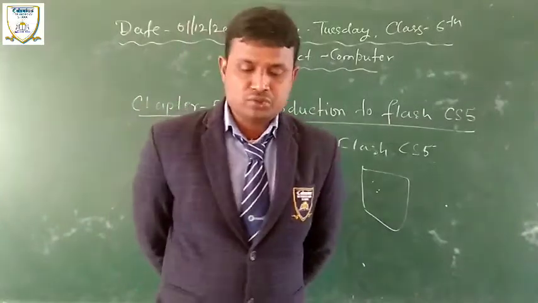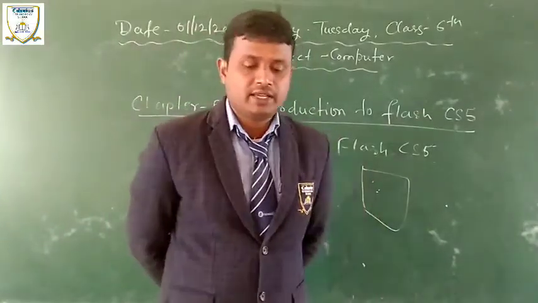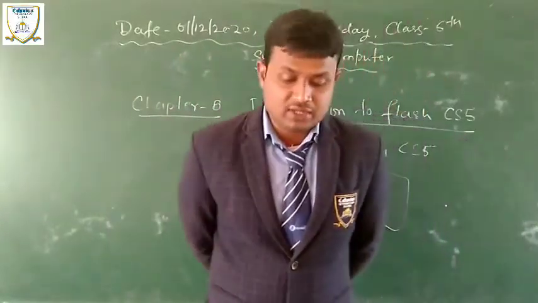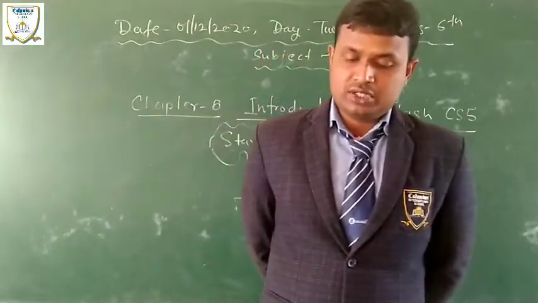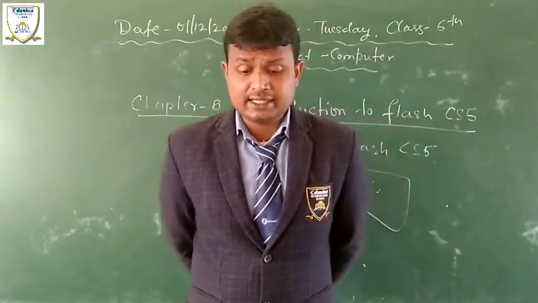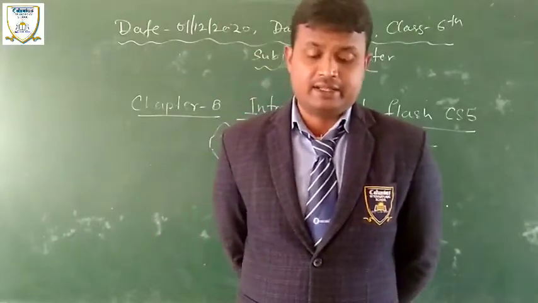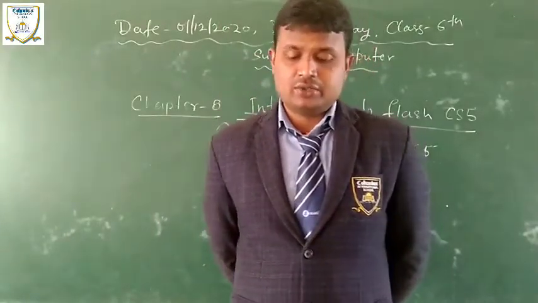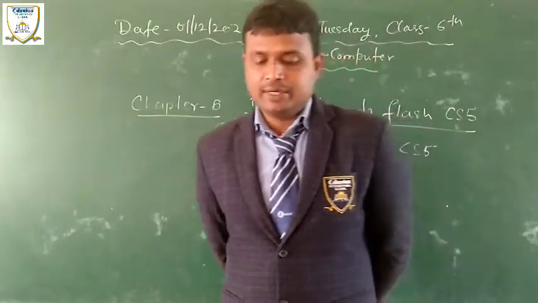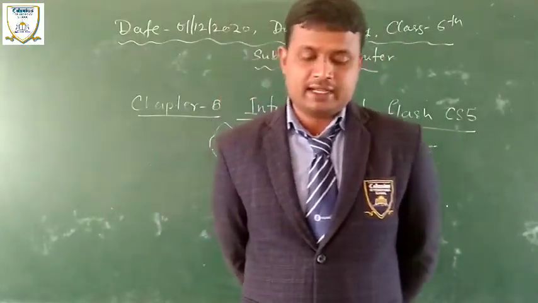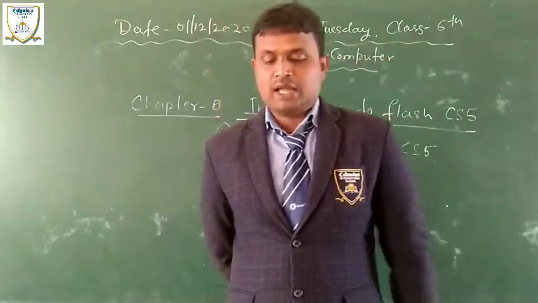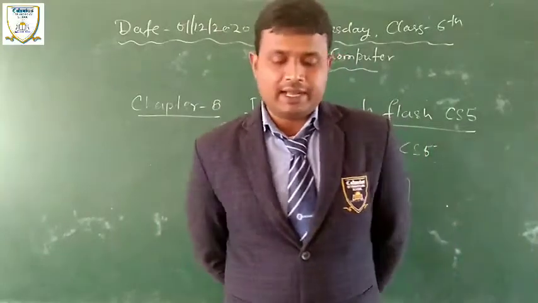The hand tool is used to move the stage of your work area. The zoom tool increases and reduces the view size of the stage. Stroke color control is used to set the stroke color, and you select the color from the color palette. Next is the fill color control. Here you select the colors you want. The black and white button is used to fill the black color. Swap color button: by this option you swap the colors between the foreground and the background.